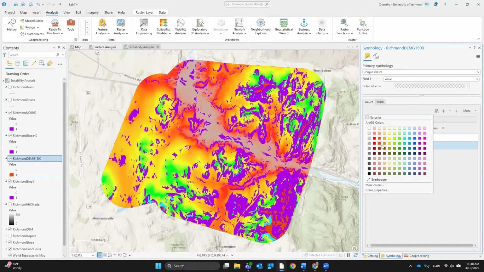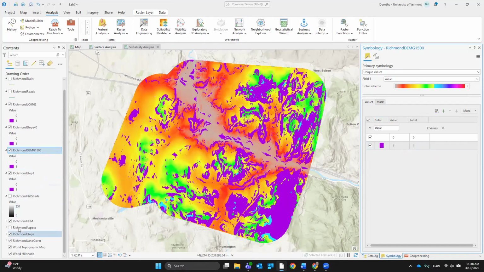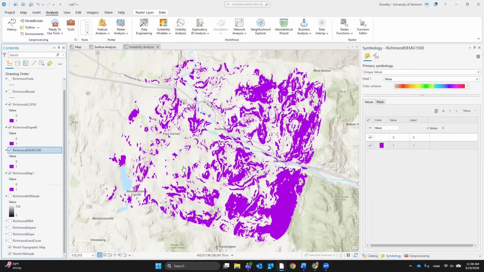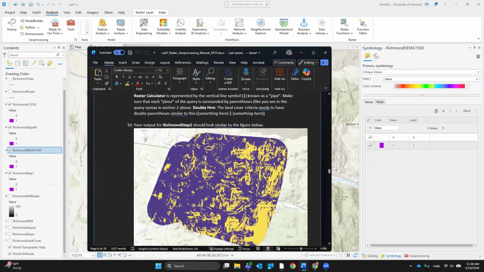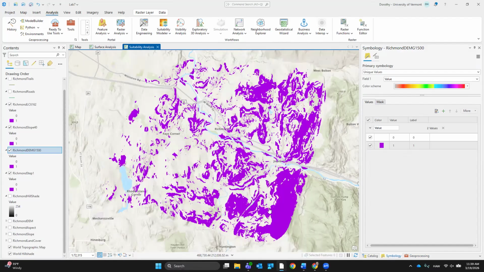Remember I turned some of this on. I should probably go back and turn it off. These ones that we're not supposed to be looking at, right? Yeah, slope, and put all that off. So there, look. Now we have something that looks very similar to this, right? Except that this is blue in the background and yellow in the foreground. But it's the same, see? Which is clear and purple.